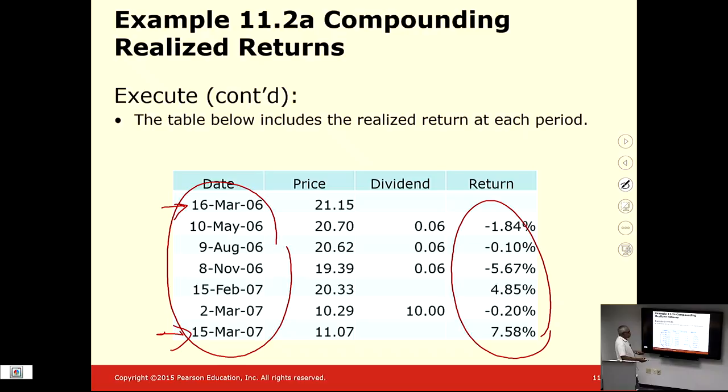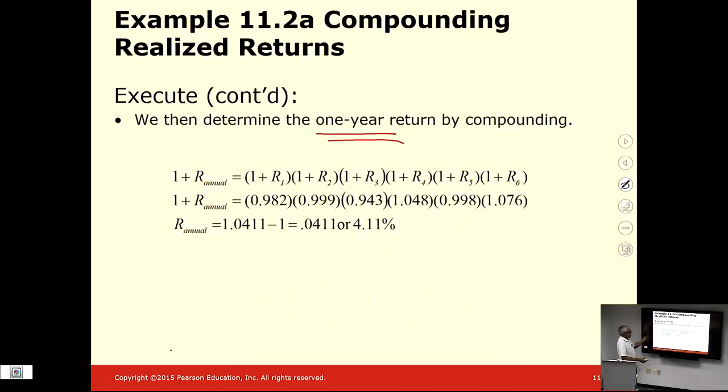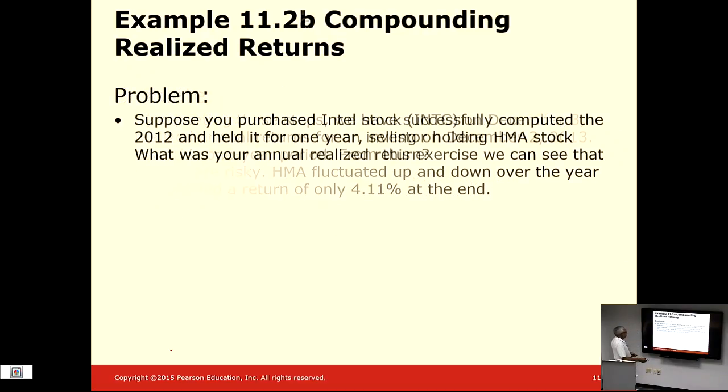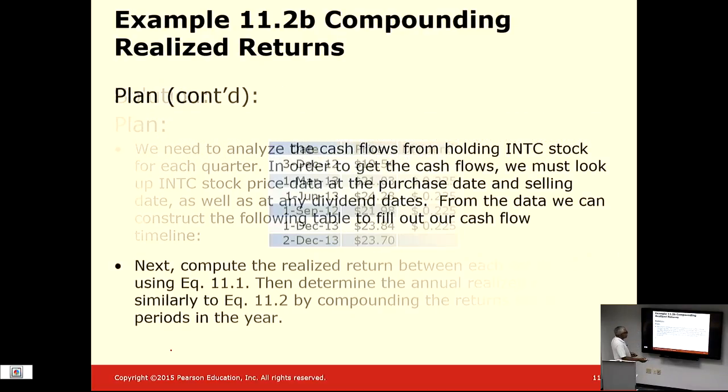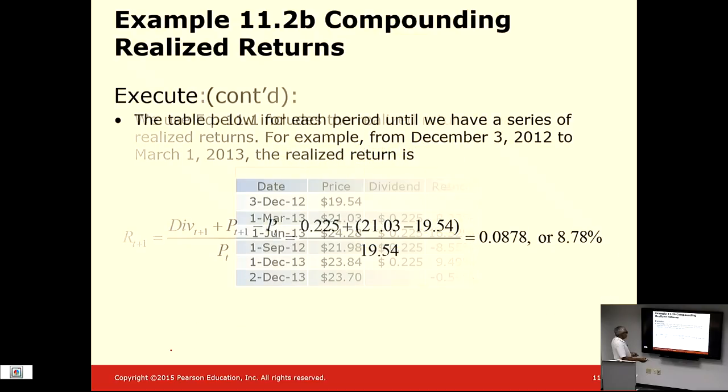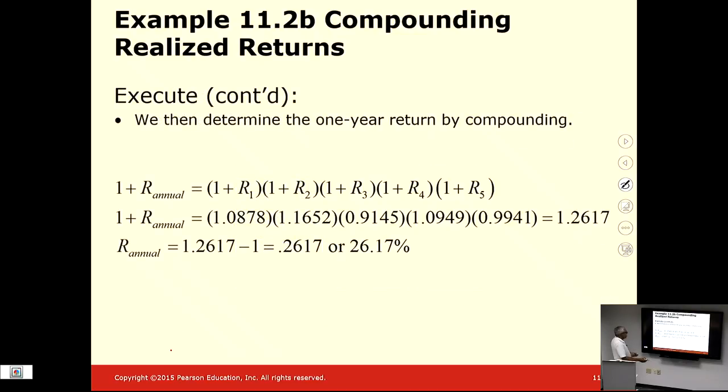So that's a 12-month period over which I have the data. I can then calculate the annual return or my 1-year return. This 1-year return does not have to be the exact 1 year in terms of a calendar, but it has to span the 12 months. Okay. Similarly, you can practice some of these other